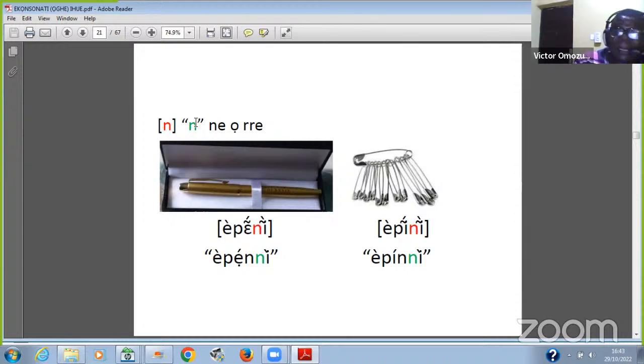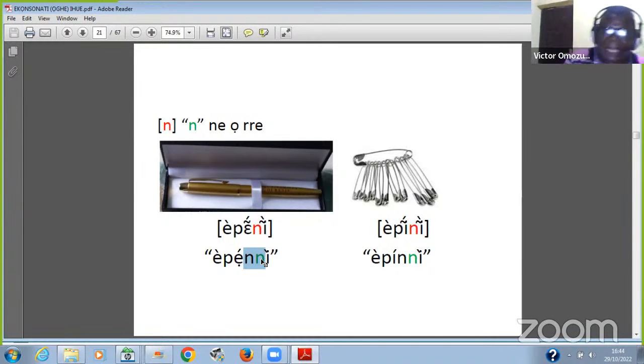which is written with the letter N in the borrowed word, a penny. So you see here, you have 3 syllables in the word a penny. If you look at the way it is written, there are 2 N's there. The 2 N's do not belong to the same syllable. The first N belongs to the second syllable, that is E, and then the second N belongs to the third syllable beginning with the ni. That's why you have a penny.